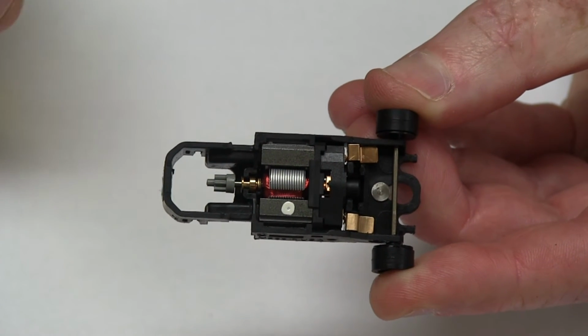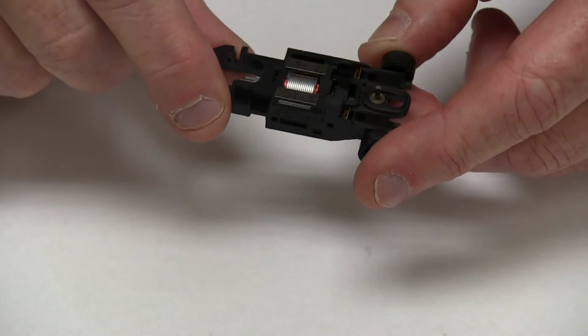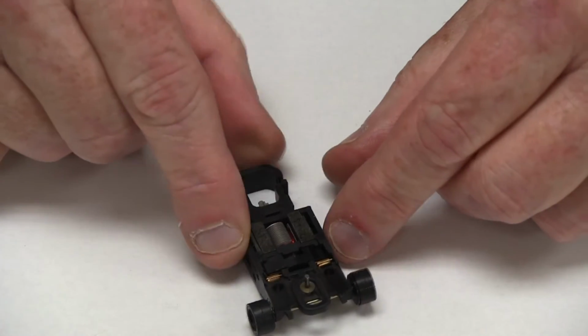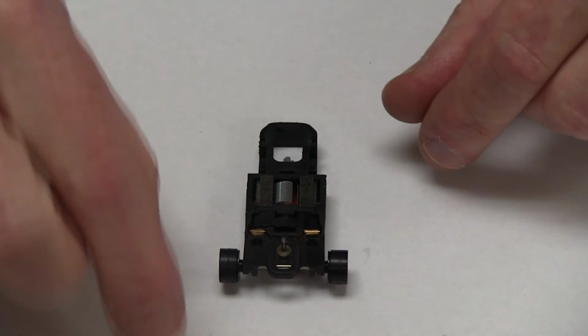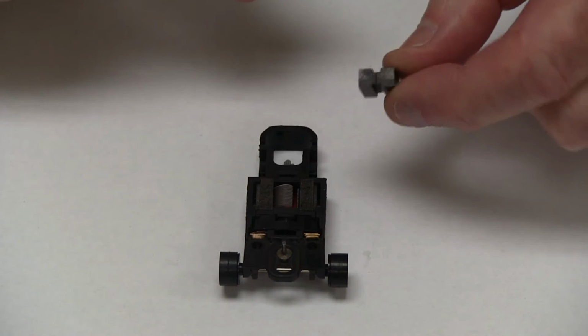And it's a critical part of getting the power to the motor. Okay, now the next step we're going to do is put the traction magnets in the car. You may or may not have heard the term so far, in regard to the traction magnets and the way they fit into the chassis,